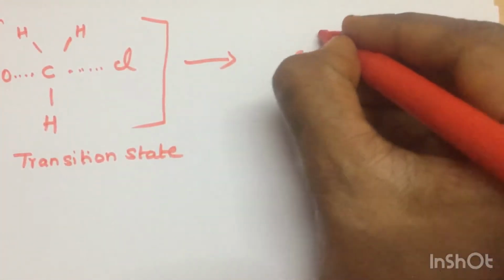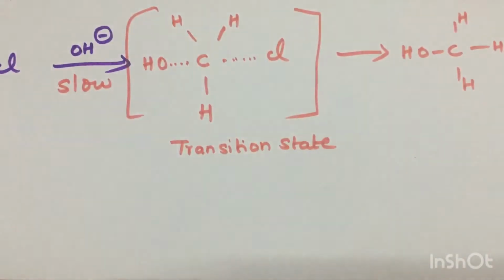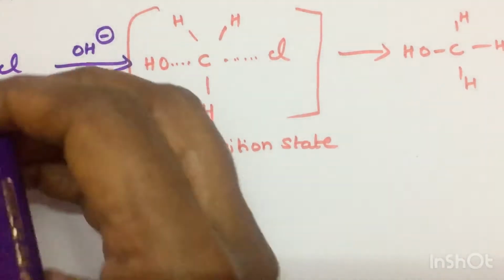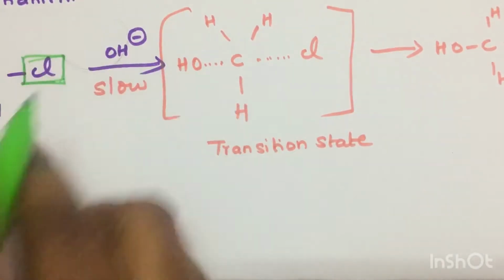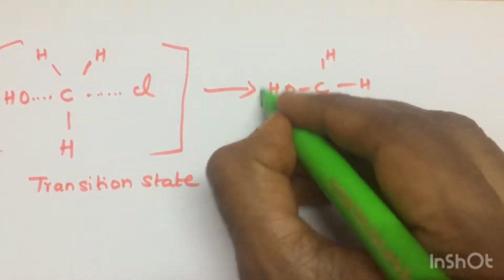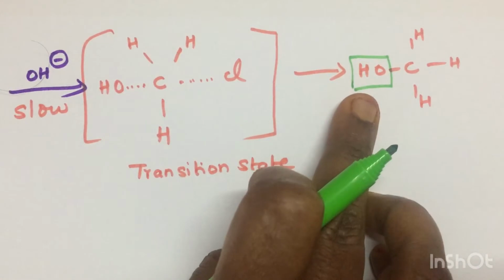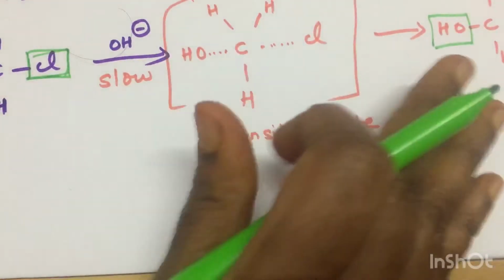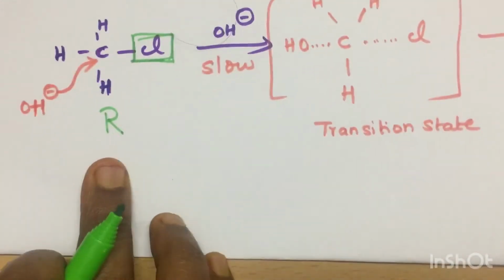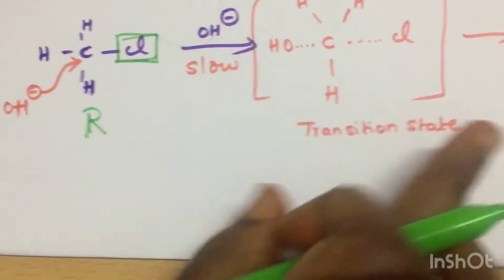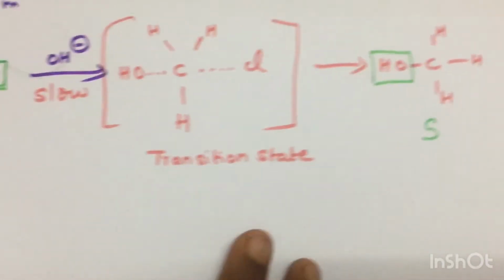So here you will get OH. What are the things you need to remember? Where the leaving group was chlorine, the incoming group takes a position just opposite to the chlorine. You see chlorine is here and the hydroxyl group is just opposite. From this you have to know that if you take the starting material of R configuration, you will get the opposite configured product, the S configured product. So this point you have to remember.